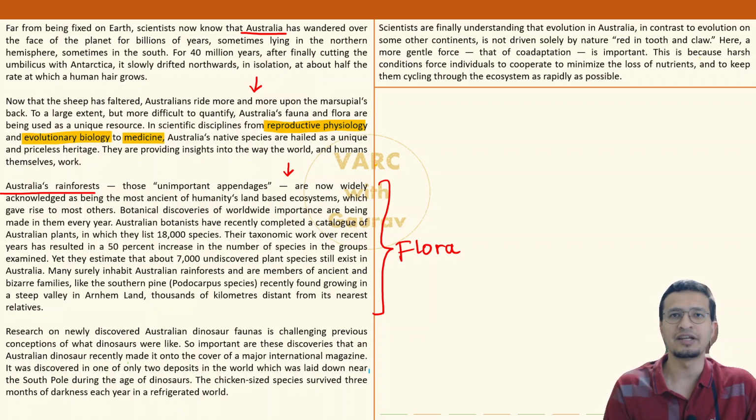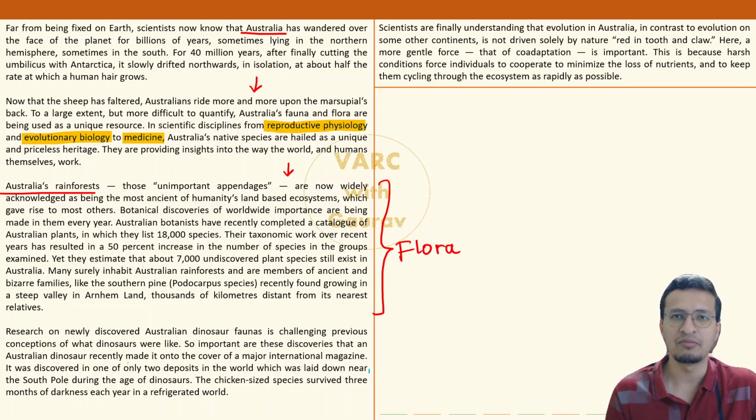But it turns out these rainforests probably are the father, or maybe the mother, depending on what you want to call it, of most other ecosystems found in the entire world. Land ecosystems, I mean, we won't consider the ocean part, but as far as land ecosystems in other continents and the rest of the world are concerned, Australian rainforests seem to have birthed those by themselves, which is very important. In a way, something that you were ignoring till date turns out to be the most ancient and probably the father, the originator of the rest of the ecosystems. Fair enough, highly appreciable.